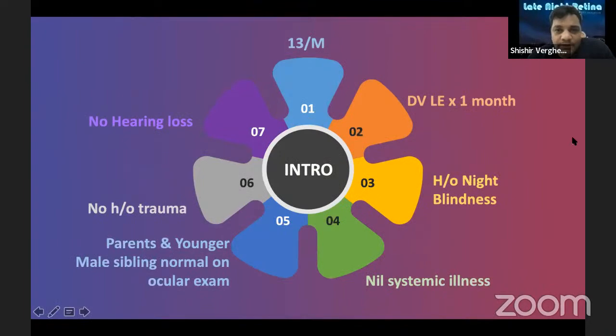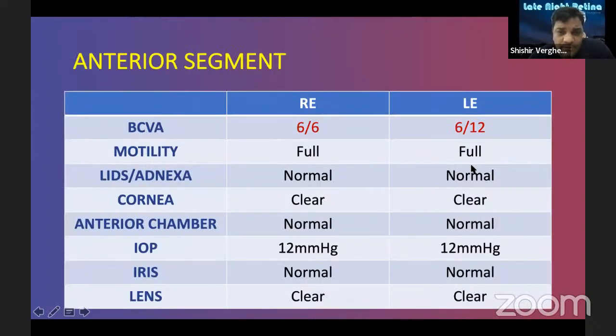So this was a 13-year-old male presented with decreased vision in the left eye since 1 month. He had a history of night blindness, no other systemic illnesses, no hearing loss, no history of any trauma. The parents and a younger male sibling were examined, and they were normal on ocular examination. Vision in the right eye was 6/6, anterior segment was unremarkable, left eye vision was only 6/12, anterior segment